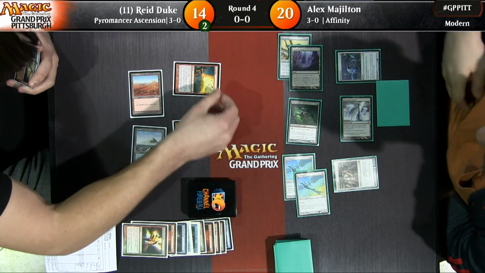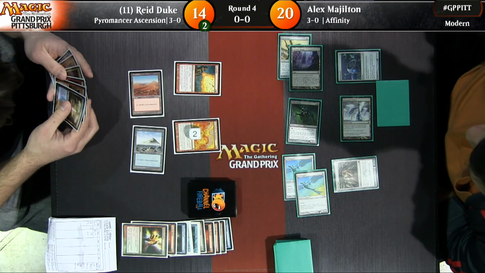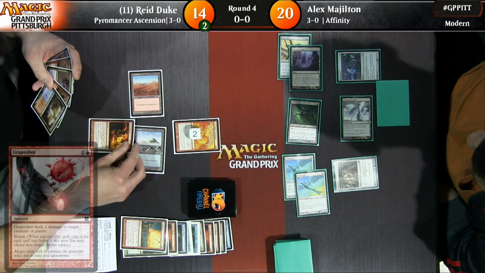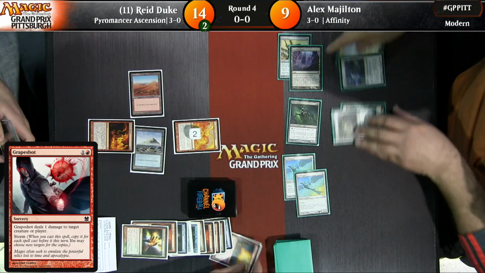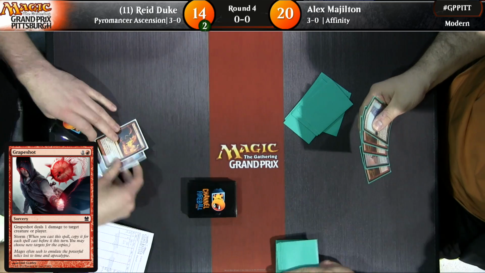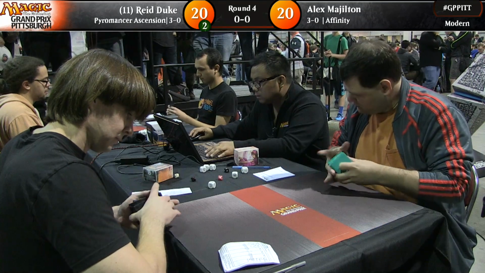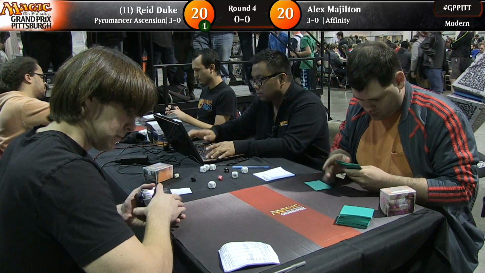So there's a Grape Shot. So he gets an extra copy of it. That one won't trigger the storm again. And it looks like he's actually just going for Alex, and he's got Past in Flames, Grape Shot you again. And the first one was for 11. That means the next one's going to be for more. And that kills Alex. So Reid Duke's Storm combo just goes off on Alex Majlaton, who had a pretty reasonable